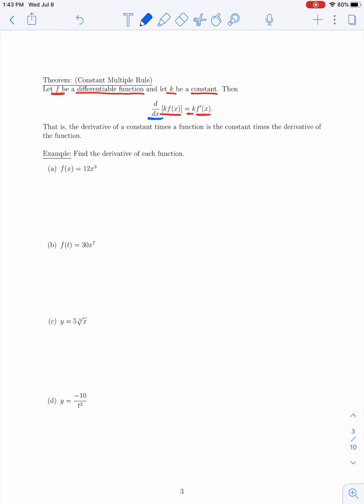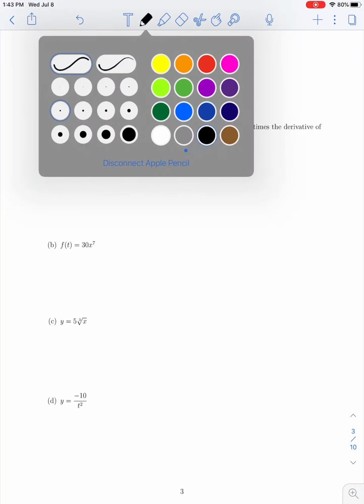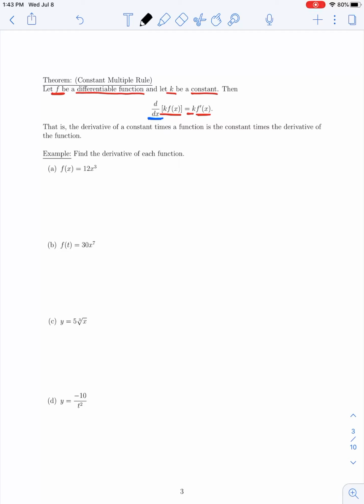All right. Now a little bit of a reminder here. Recall that this notation, d dx of a function, is used to denote the derivative or differentiation of that function. And that notation, remember, is called Leibniz notation for the derivative. So, in this next example, we're asked to find the derivative of each function. So in part A, we have f of x is 12 times x cubed. Now using the